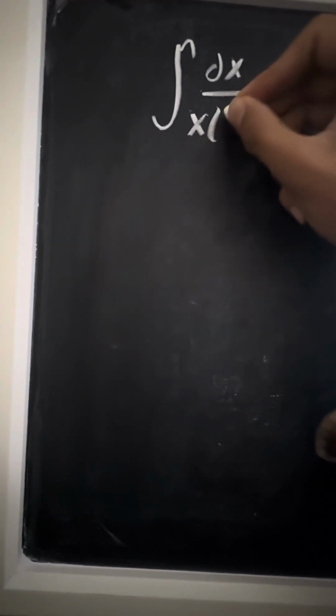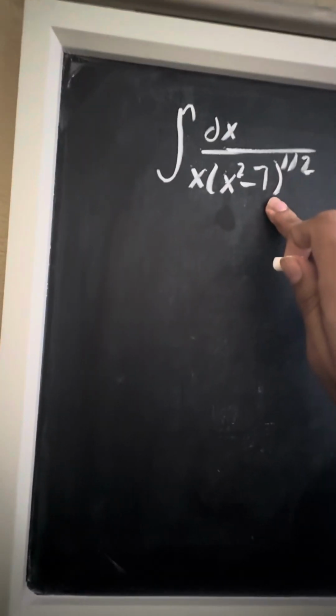So our integral is dx over x times the square root of x squared minus 7. You can write the square root as a power of 1/2. I see something squared, but the other thing isn't squared, and then there's a minus. So let's try to figure out what this